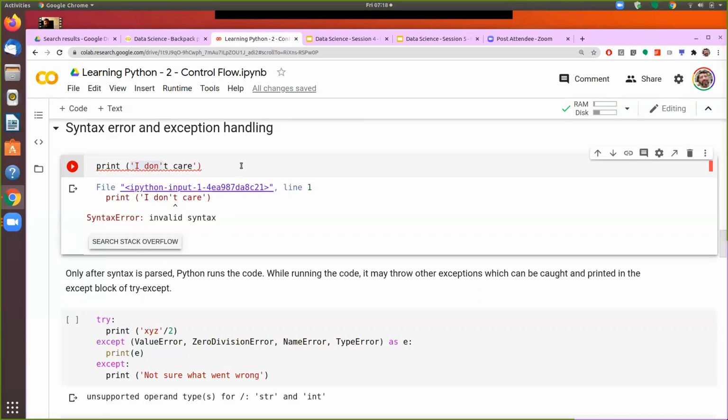So it is important to understand the syntax error and the exception. The process is that first Python will parse through the code that is there. And if there is a syntax error, it will show first. Only if there is no syntax error, then it starts the execution of the code. And then during the execution, it may find certain exceptions, which are shown as exceptions.